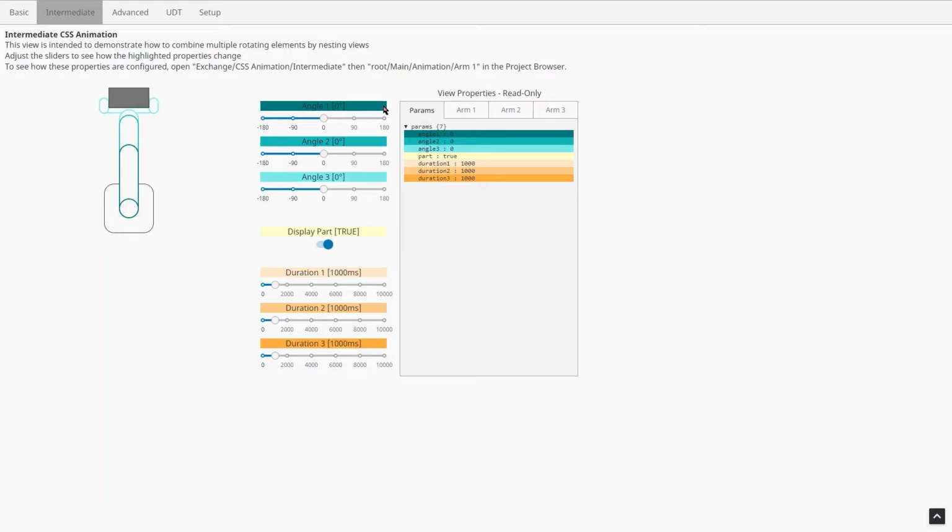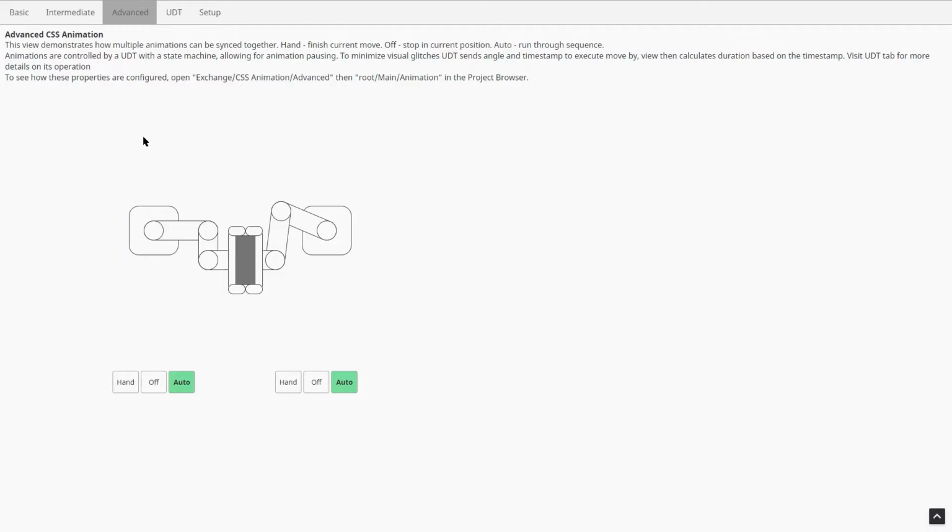In our case, it's going to be a UDT. That way we can pause it at any angle, and additionally we can convert it from an open loop system to a closed loop system. So right now, once I change the angle, that is when the view is going to get that parameter of 1 second from now, finish the move. The problem when you have two robots is that if there's a slight lag between the gateway, you might see glitches in the animation. So to prevent that from happening, we want to convert our system to a closed loop. And to do that, we're going to